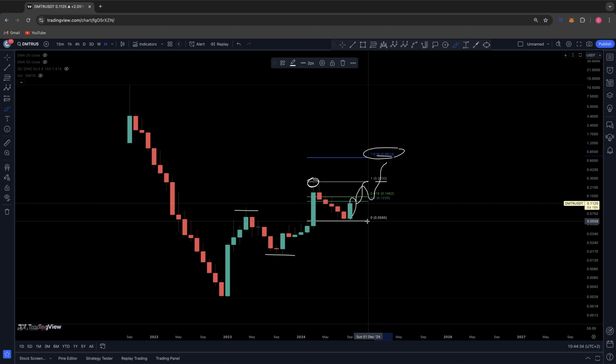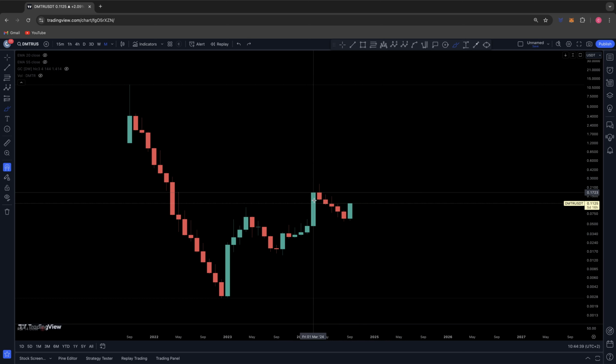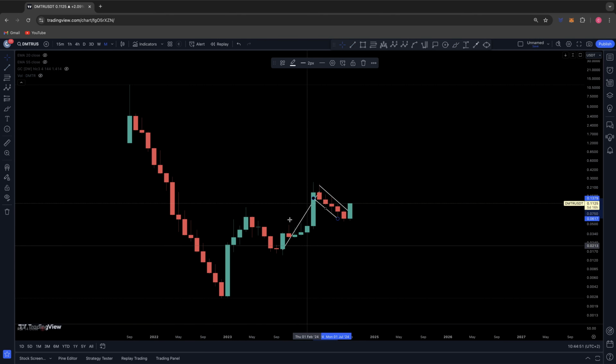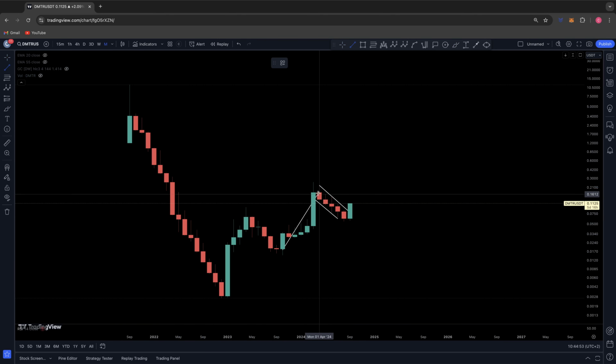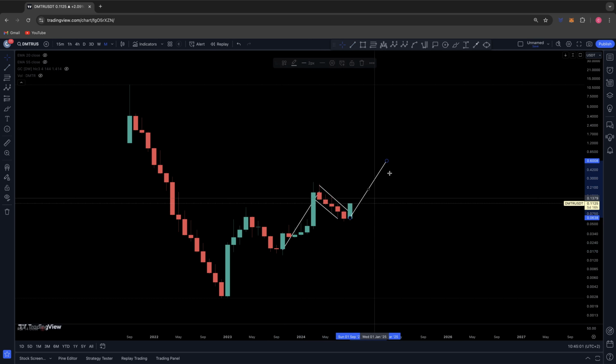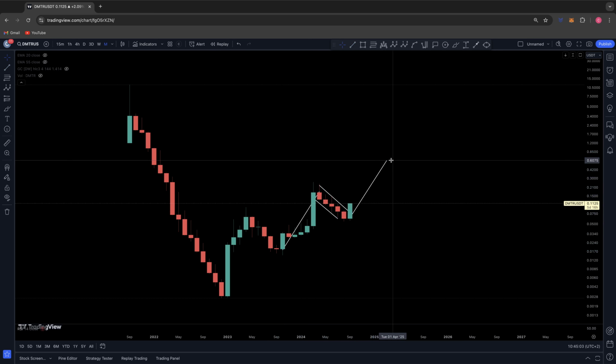I think 55 was somewhere a technical target I was looking at from an actual breakout. Something that might give a bit more confluence is that if we are in this sort of flag as well, where you could see this as a flag, as a falling channel. But if you look at it as a flag, and we get the candle close to the candle close here, because I like going off candle closes, guys. When we actually do break out, which we have done actually, it gives more confidence we're going up to around 60 cents as well, just from this bull flag